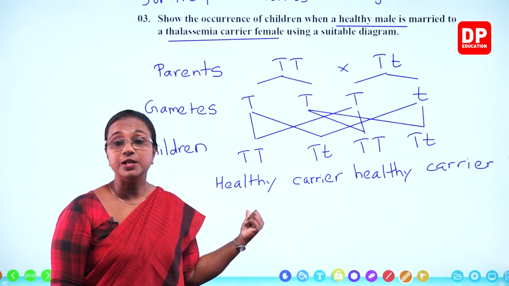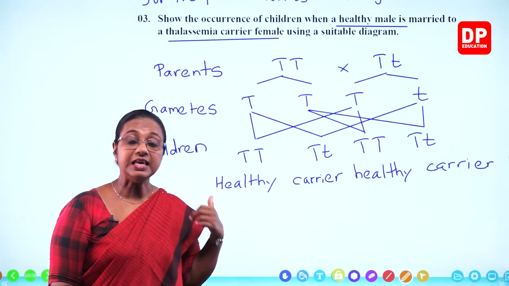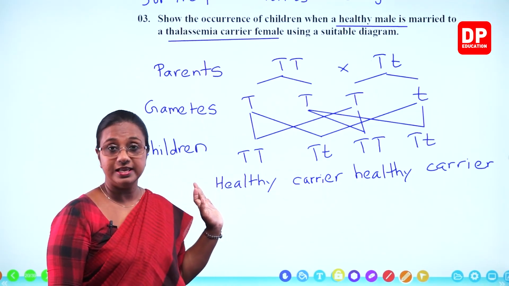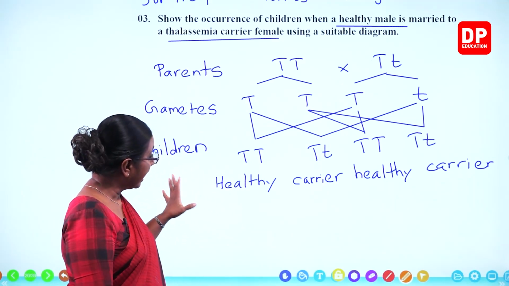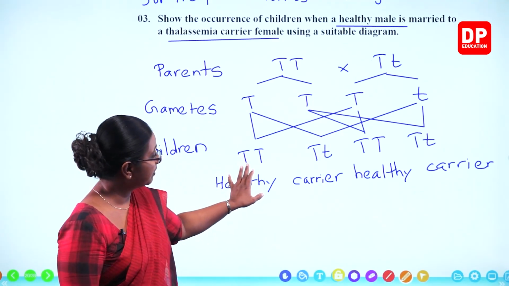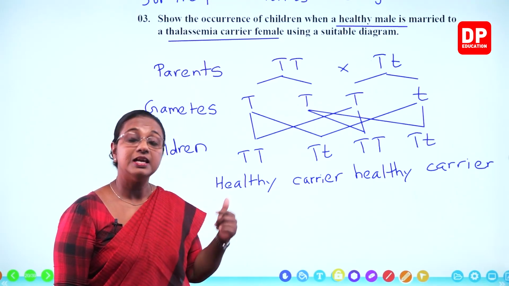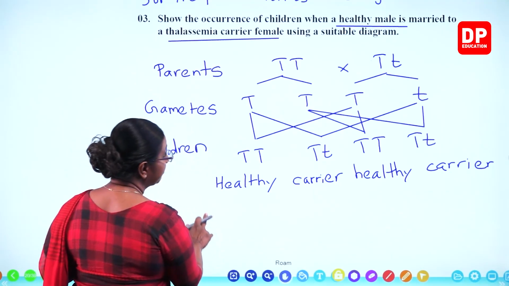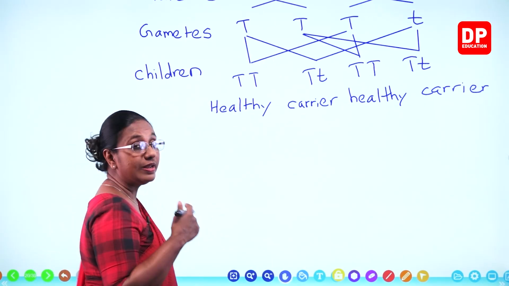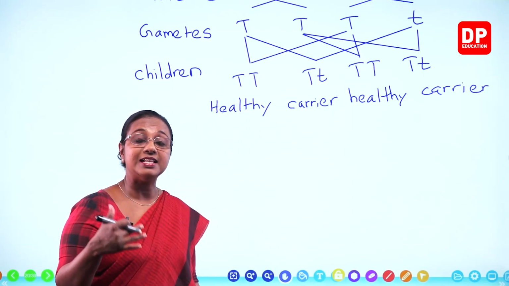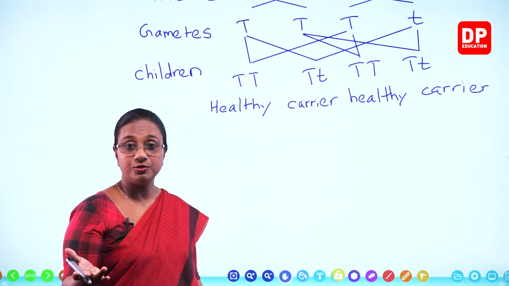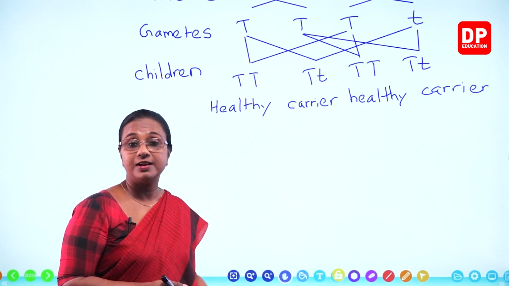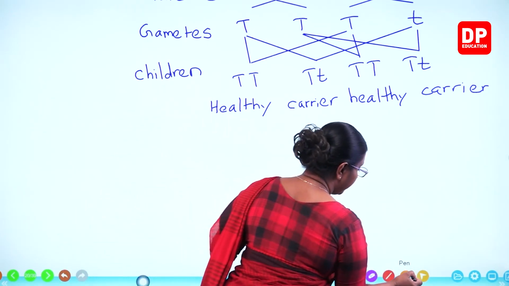What will be the phenotype ratio here? Healthy and carrier 1:1, because 2 of the children for each. And the genotype ratio, capital T, capital T is to capital T, simple T, that is also going to be 1:1. They have not asked us to write that, but I will include it so that you will understand that the phenotype and genotype ratio will change depending on the parents for these different types of diseases. So if we write that as a